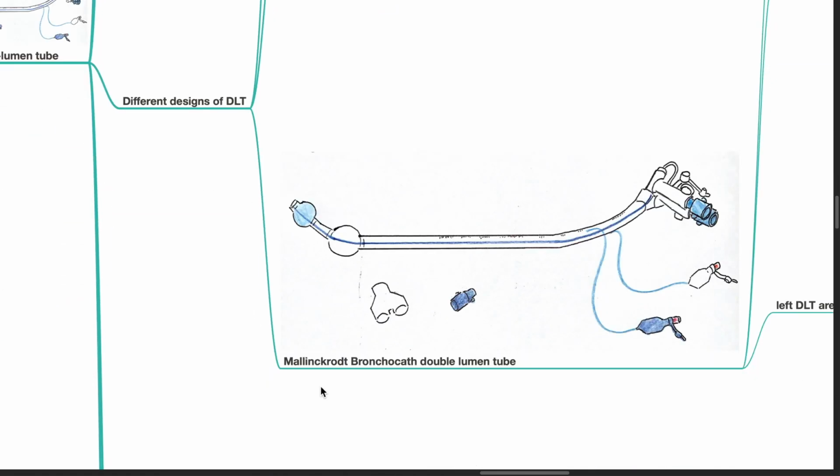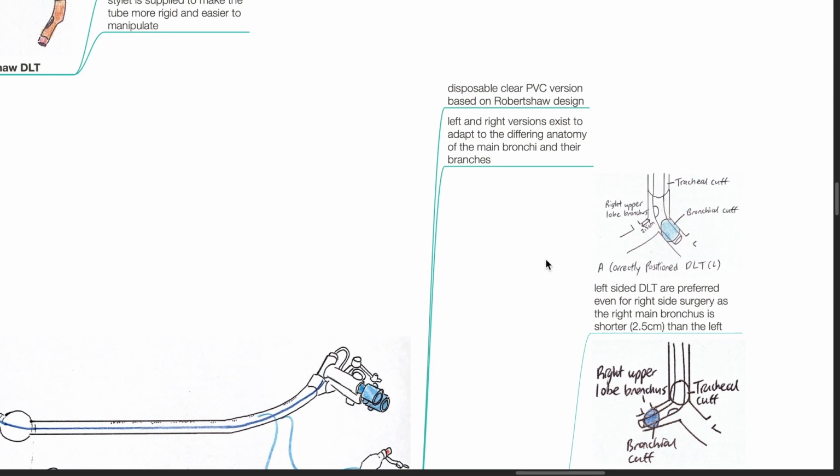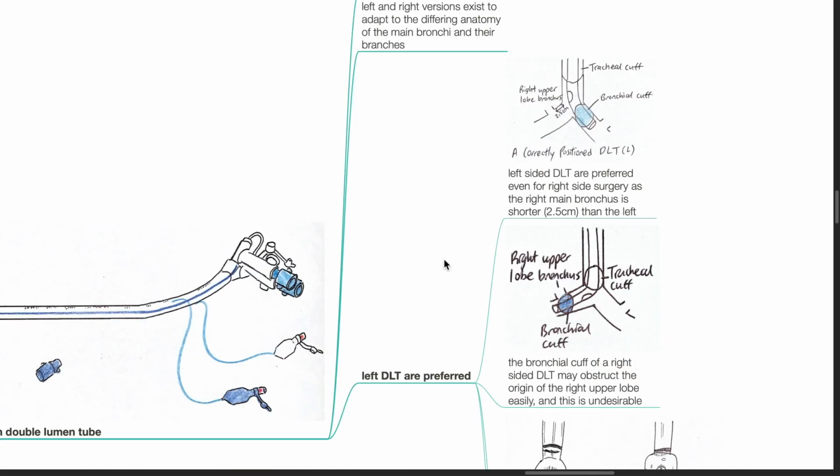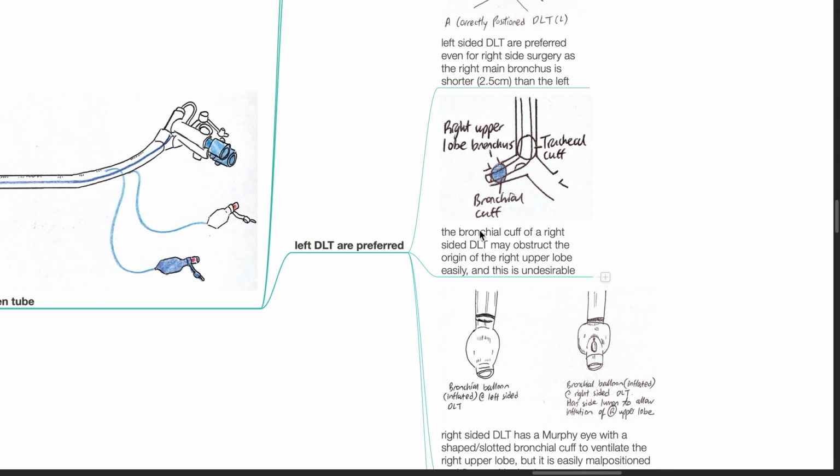Mallinckrodt bronchocath double lumen tube. It is a disposable clear PVC version based on the Robert Shaw design. Left and right versions exist to adapt to the differing anatomy of the main bronchi and their branches. Left DLTs are preferred even for right side surgery as the right main bronchus is shorter than the left, 2.5 cm. The bronchial cuff of a right DLT may obstruct the origin of the right upper lobe easily, and